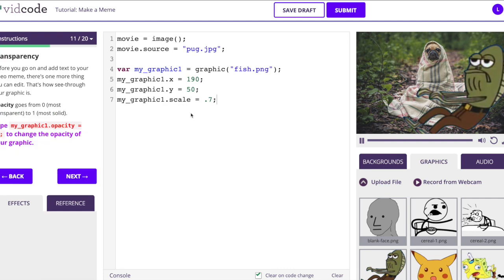The other thing that we can change in our graphic is the transparency. So similar to scale, the default opacity of our graphic is going to be 1. Opaque means that something is completely solid, you can't see through it at all, and transparent means that you can see through it, see behind it. So if I changed myGraphic.opacity to 1, nothing would change. It's just as see-through as it was before, which is not at all. But if I changed it to 0.1,